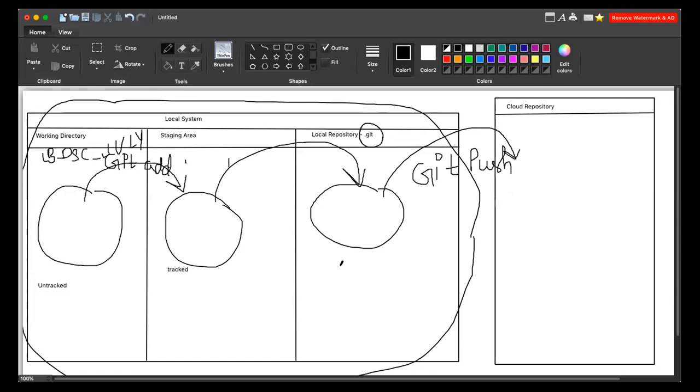So I need to move this file which is in the tracked stage to the local repository. How can you move that file? There is a git commit command. Using git commit, you can move the files from the tracked or staging area to the local repository.